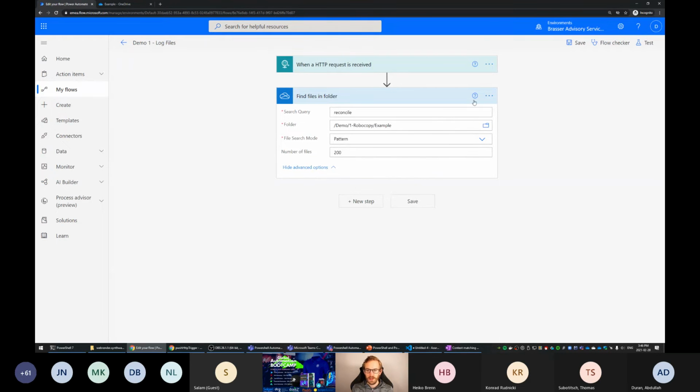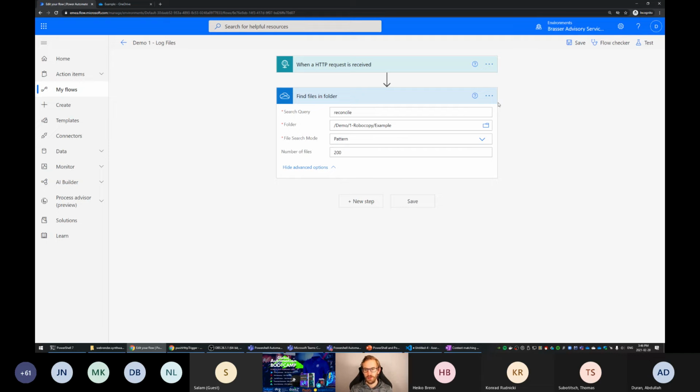This is an actual case that I ran into in my environment. Whenever I want to take a look at log files of whatever kind of application that happens to be logging to OneDrive, I couldn't get more than 100 files using the find files in folder.